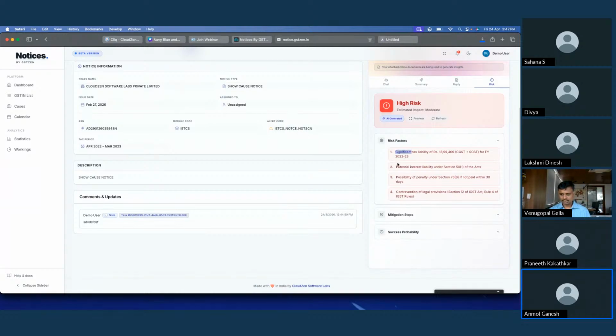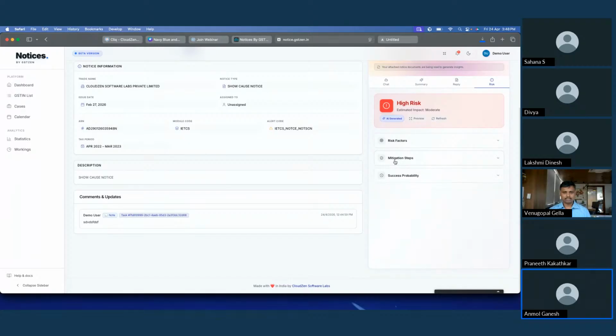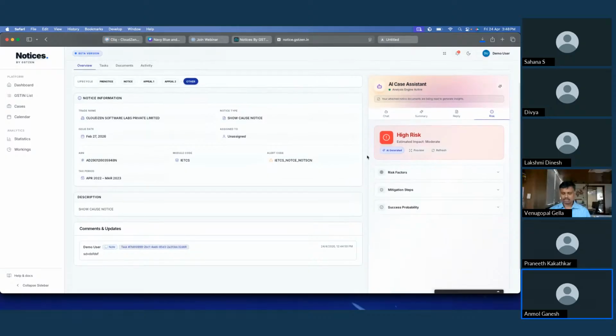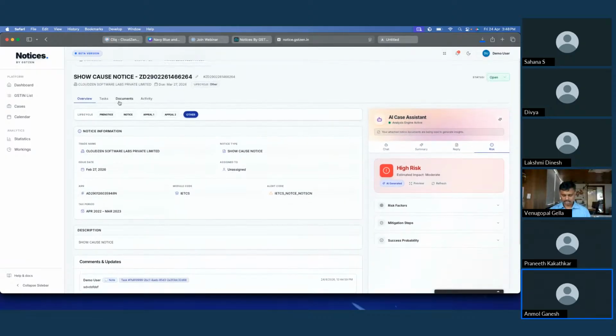We have something like significant tax liability, potential interest liability, and many more. And it also gives us mitigation steps on how we could resolve this as early as possible. It has given us five mitigation steps to clear this as early as possible. So this is our case assistant that we have developed.